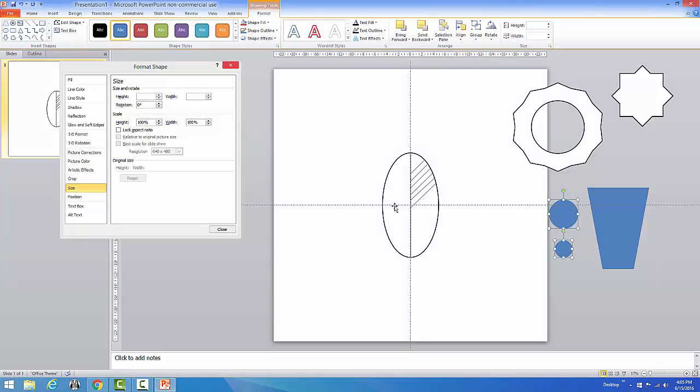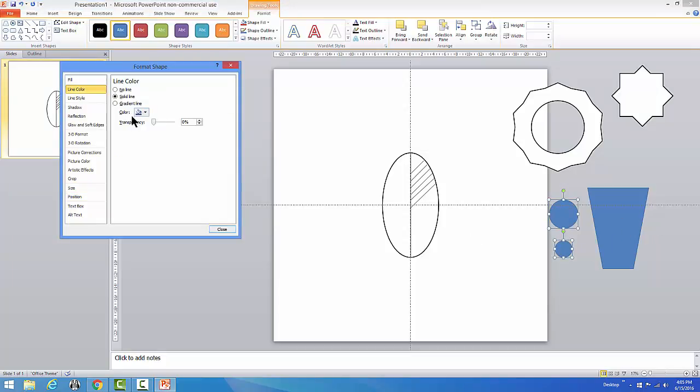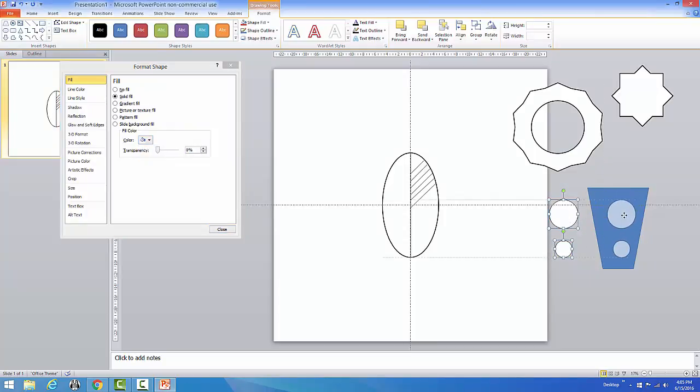Then I'm going to make sure that I change the color of these so I can see them over this blue. So I'm going to put the line color as black. The width is going to be a 5 point. And the fill is going to be white. Then I'm going to drag them over top of the trapezoid. And I highlight the trapezoid as well. And make sure that they're all aligned center. When I know that they are,